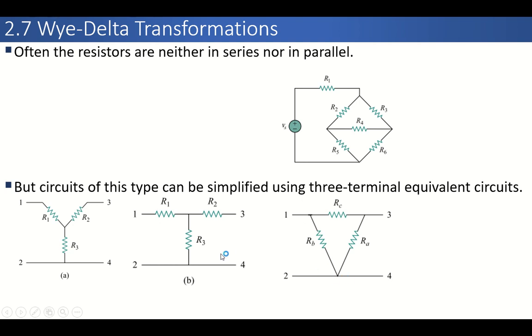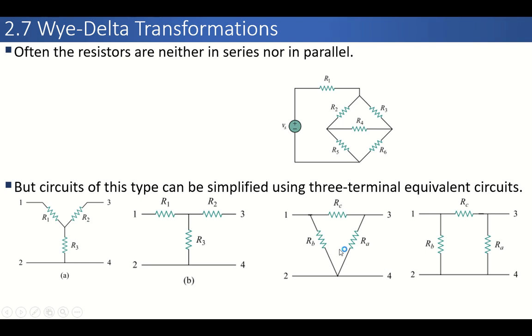So it means that if we want to convert this network into a delta network, we must follow these points in converting the network. Similarly, this network can also be constructed or redrawn using this diagram. You can see that this is still some kind of delta network, but the shape is somehow changed. So we could say that this is actually a pi network.